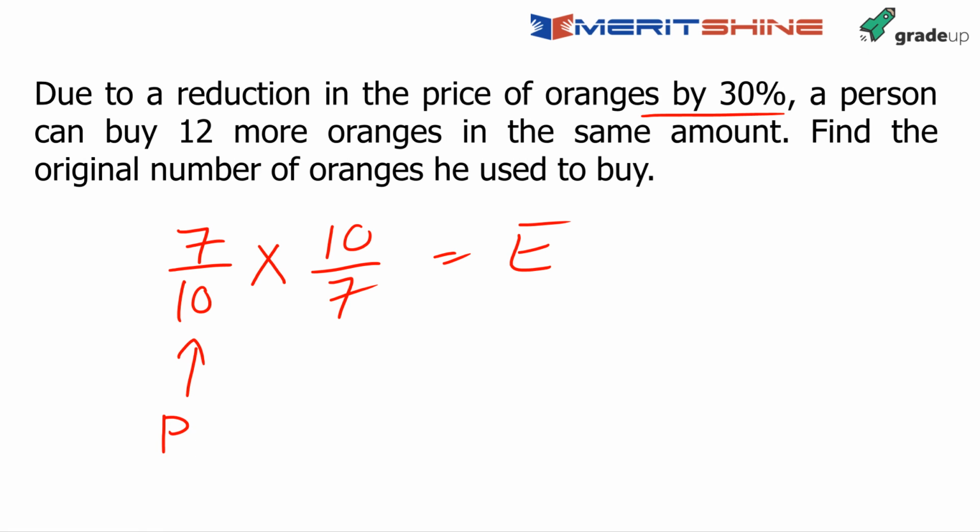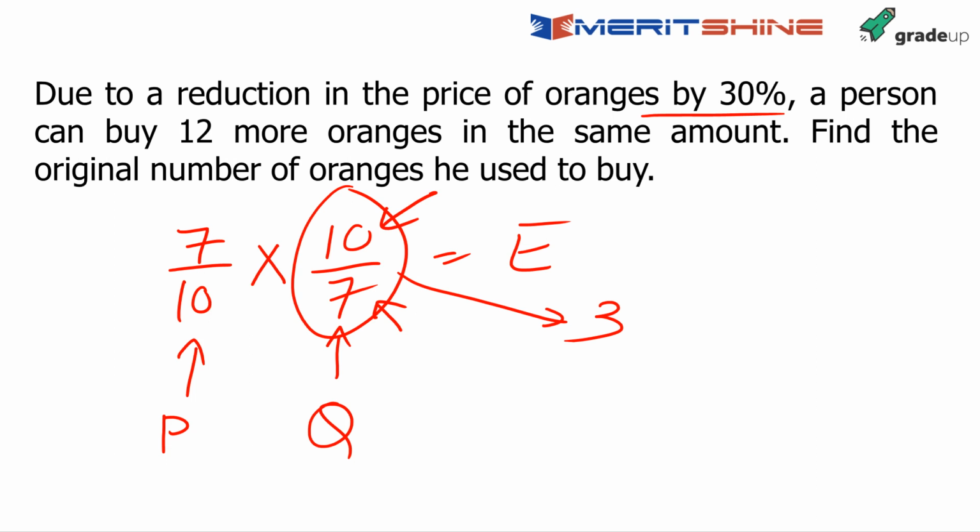This is the change in price. What is the proportion change? It becomes 7 by 10. So the quantity change would be 10 by 7. When my price decreases, I will increase the quantity, only then will my expenditure remain the same, right? So in what proportion does quantity change? Quantity, if earlier was 7, now becomes 10. So what is the change in quantity here? 3 units. Let's make it simple. We did not use any algebra, any x's, y's, nothing. So the change in quantity is 3.